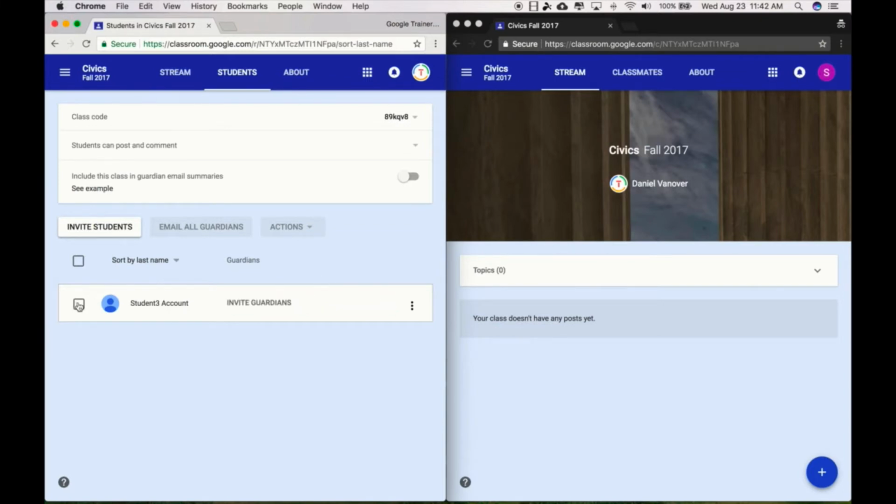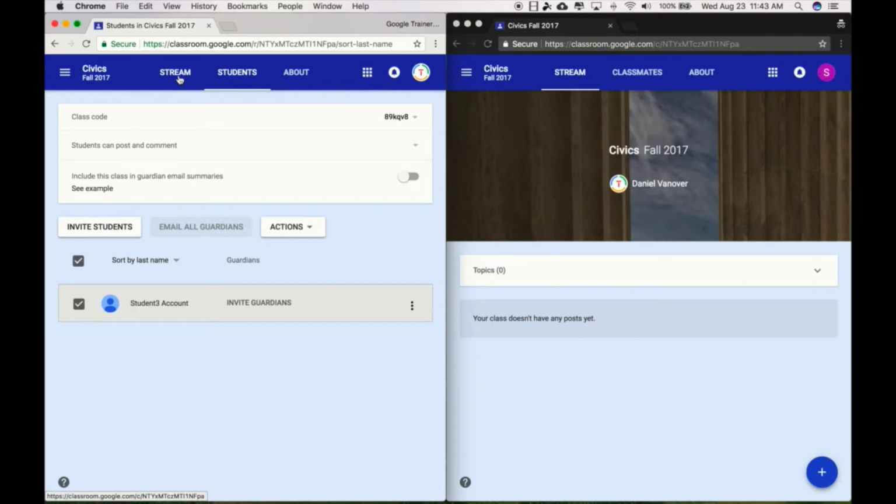If I put a check mark in a student's name and click on Actions, I can email, remove, and mute a student. So if a particular student is causing a problem and posting things they shouldn't post or just posting too much in the class, I can mute that student, and that student is no longer allowed to post in my Google Classroom. We're going to go back to the Stream tab at the top